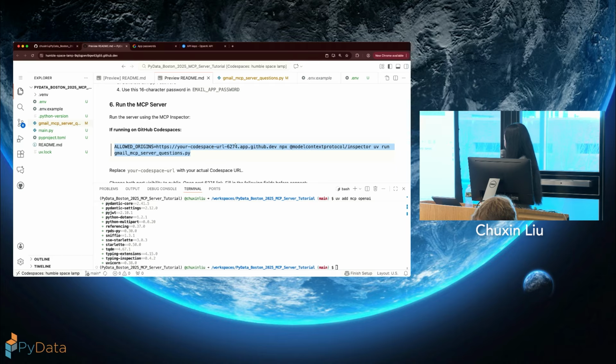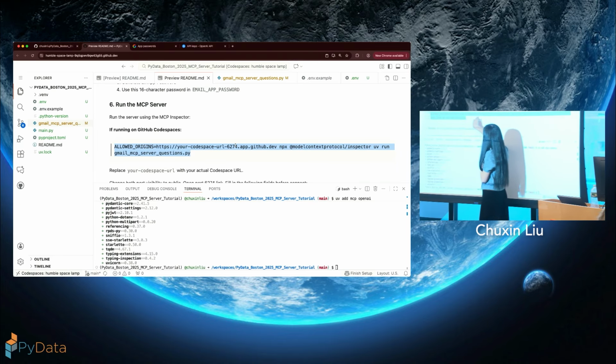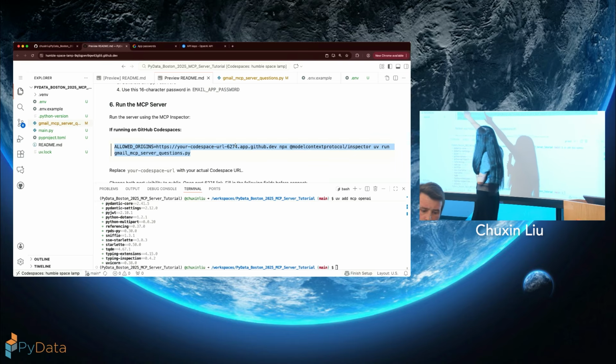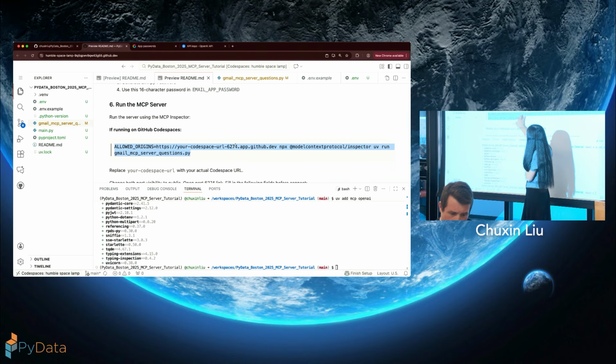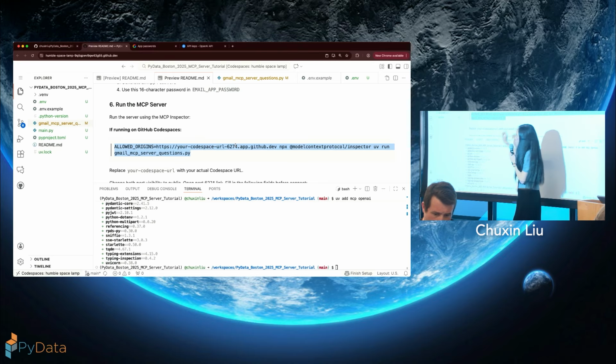But before you do this, you need to replace your Codespace URL with that thing. So here, everyone has a different Codespace name. Mine is humble space lamp, and then a long string after that. So you have to copy paste that from your Codespace all the way to a URL. Okay.